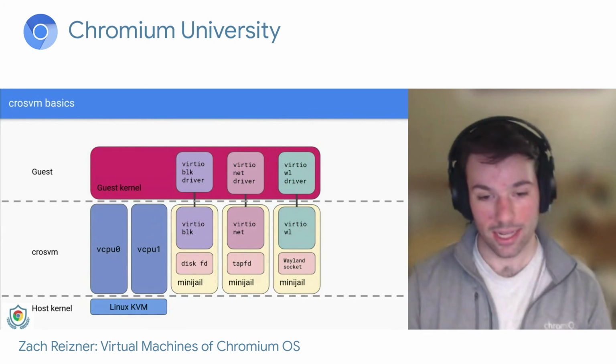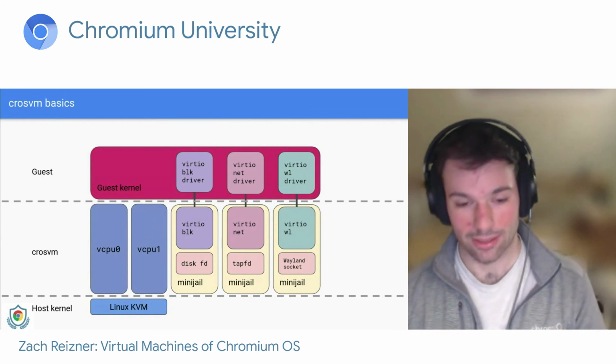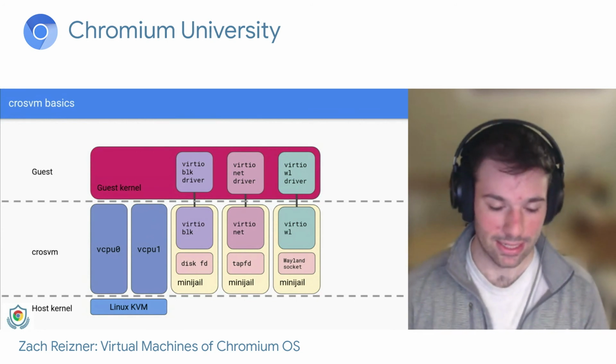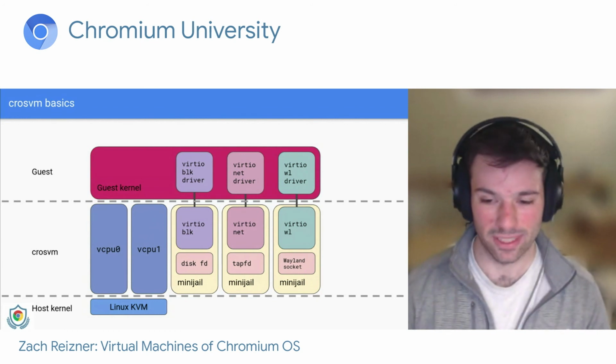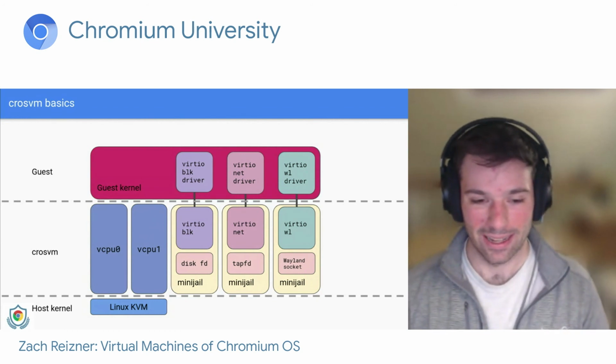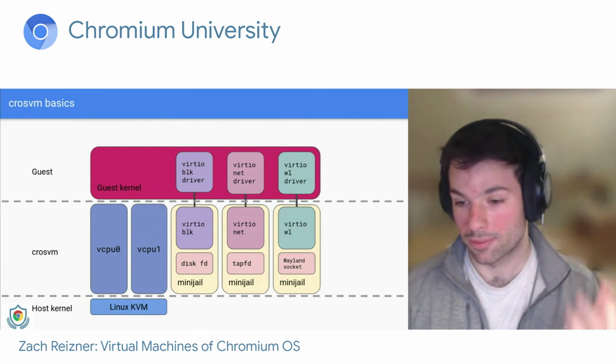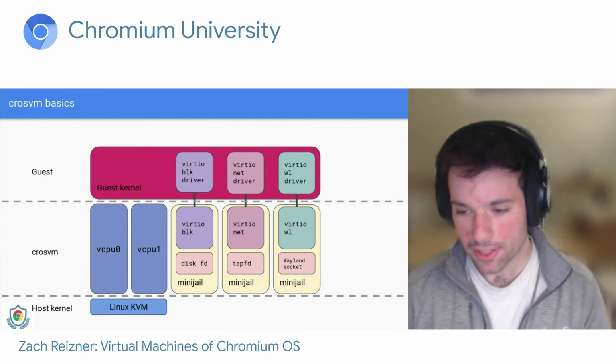As you can see on the diagram, the Virtio net device would have access to the TapFD. That's sort of like a virtual Ethernet plug, but no one else would. None of the other processes would. For the sake of argument,